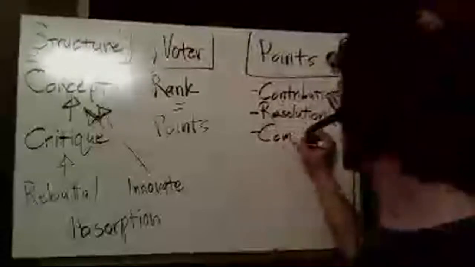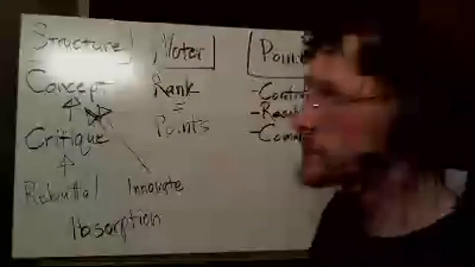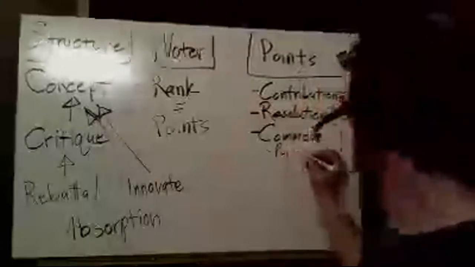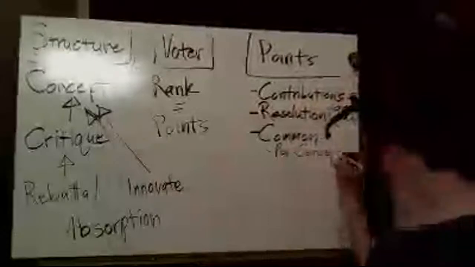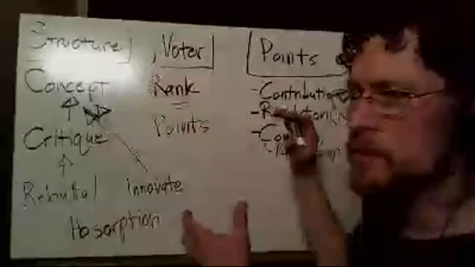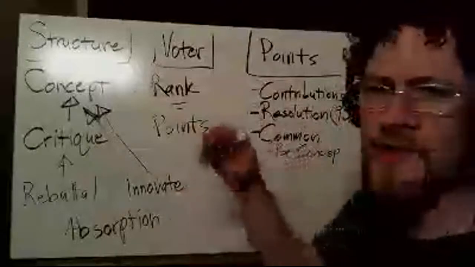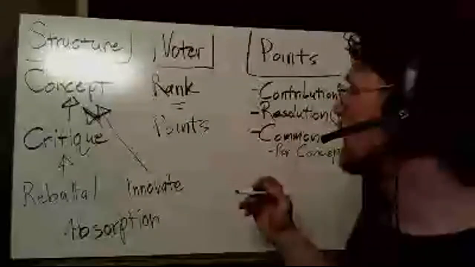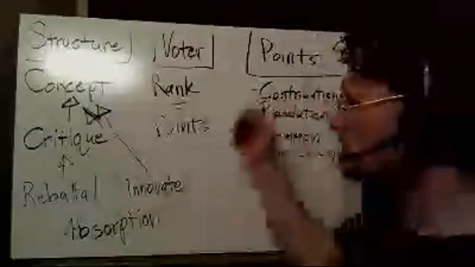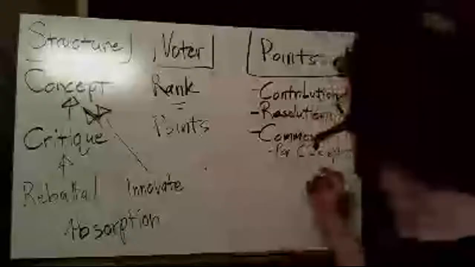Common. This means how many other people are agreeing with you that this concept is valid or that the critique is valid. And this could be per concept. So this individual concept, how many people are agreeing with you? And so this would be a kind of a ratio. This will affect your rank, so they're not just adding up points. It's not just a point tally. There could be algorithmic moves and shifts and ratios that cause you to shift in different ways. This structure should be able to be played with so that we can figure out what the maximal way is to use it. So per concept,